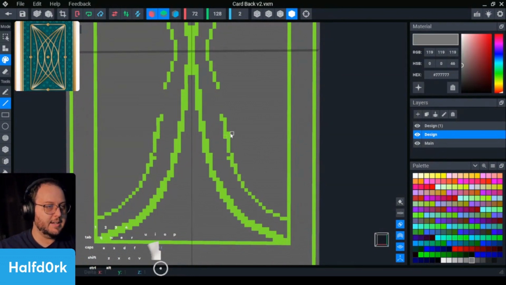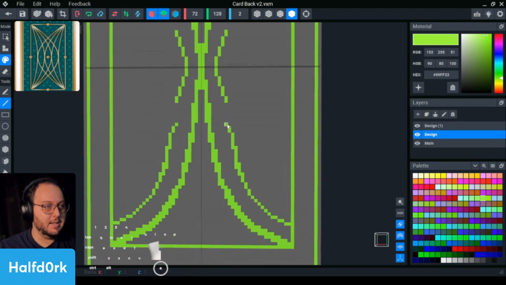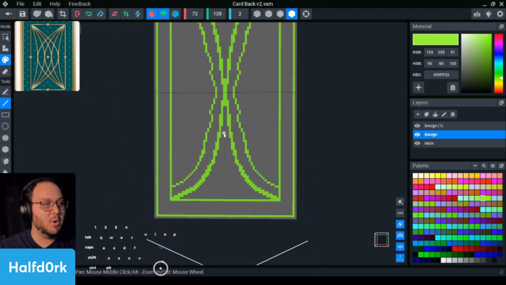But after we decide on our card back, I'm going to, well, actually probably make a third card back. But after we've made that, I'm going to head over into Magica Voxel and I'm going to import some